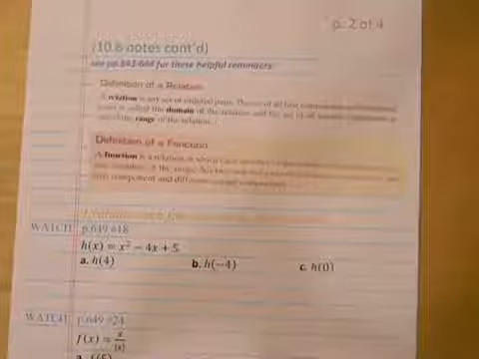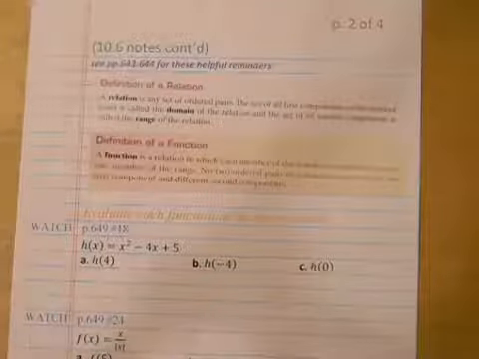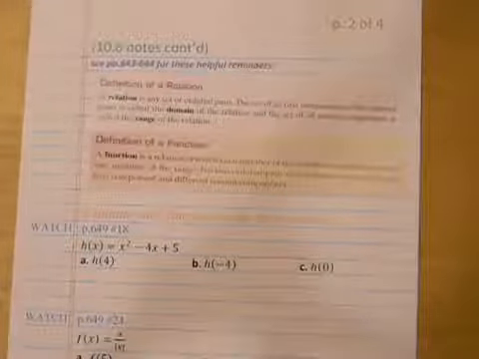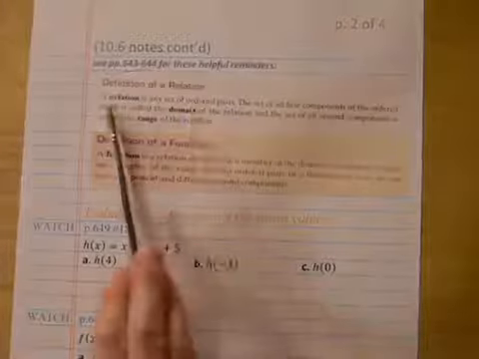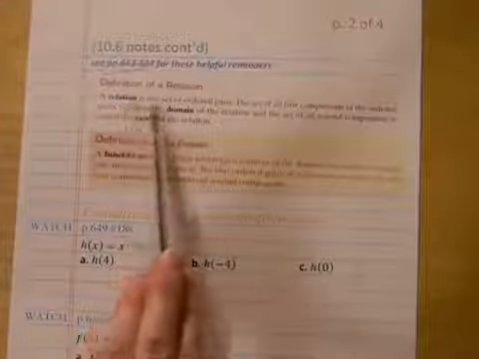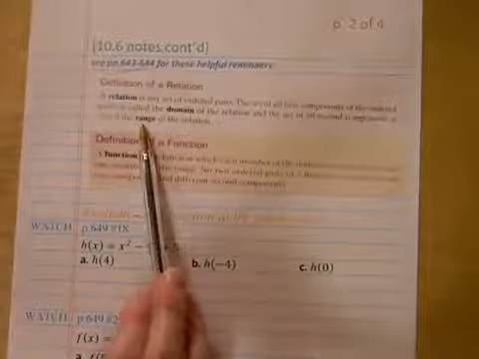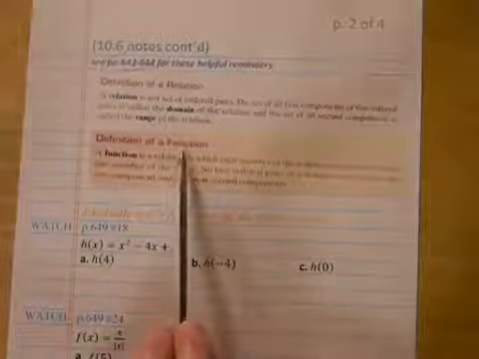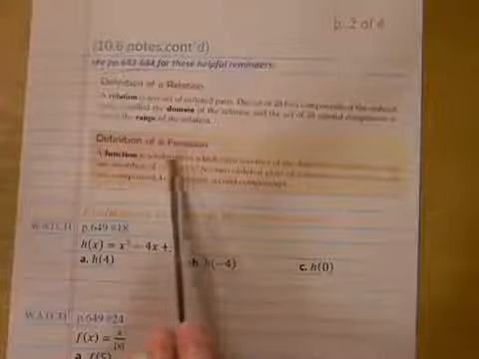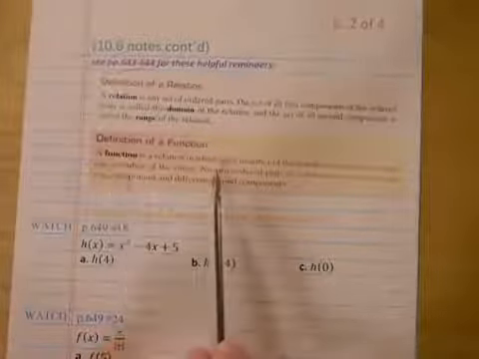Okay, here we are on 10.6, and page 2 of the notes. At the top here, just on pages 643 and 644, some reminders of what the definition of a relation is: any relationship between x and y, a set of domain that produces a range. That's a relation. A function, however, is that special relationship where no two ordered pairs of a function can have the